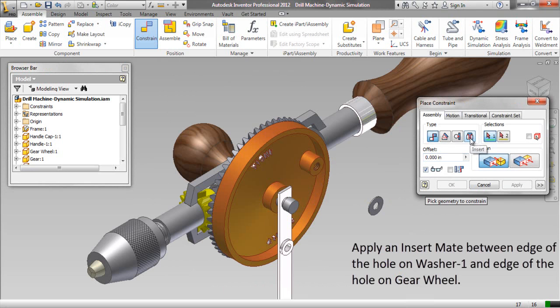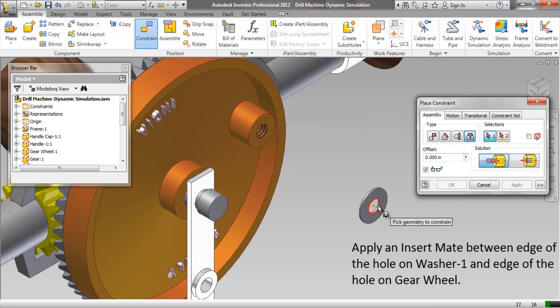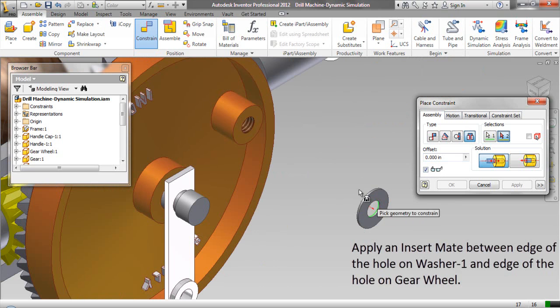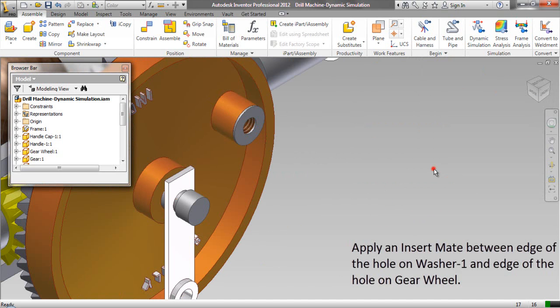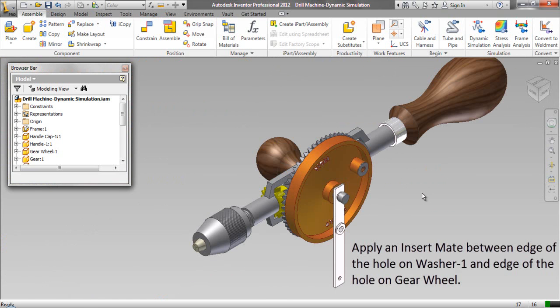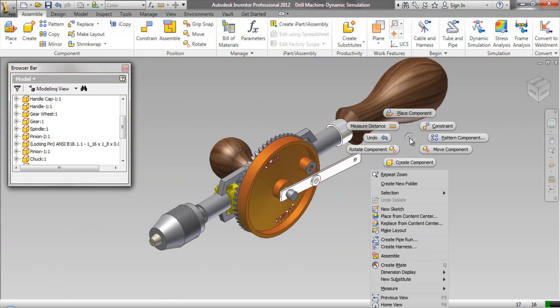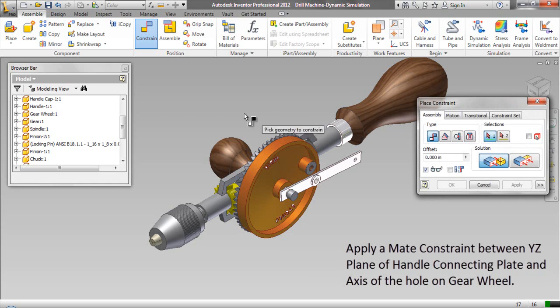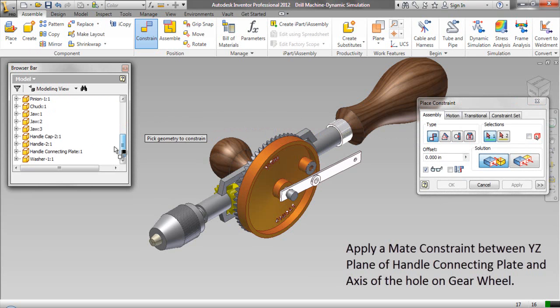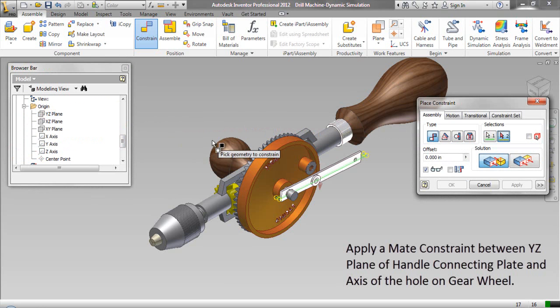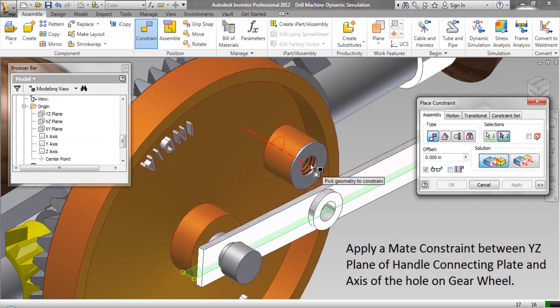Apply an insert mate between edge of the hole on washer 1 and edge of the hole on gear wheel. Apply a mate constraint between YZ plane of handle connecting plate and axis of the hole on gear wheel.